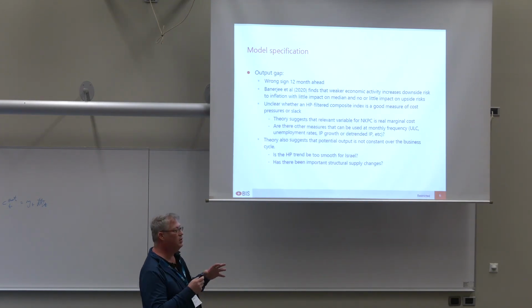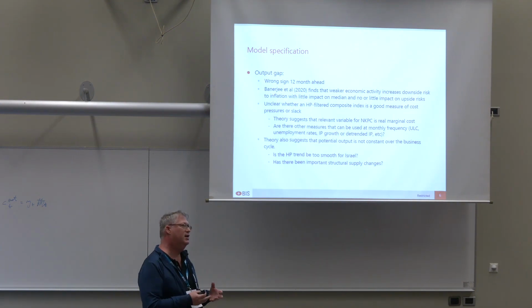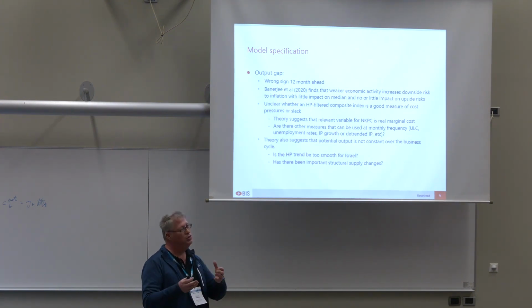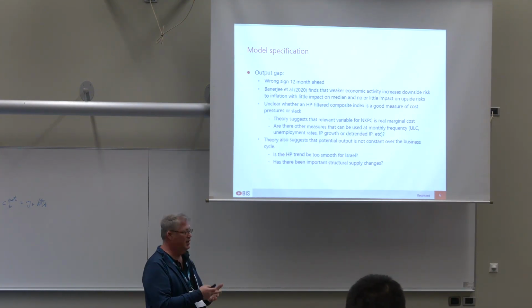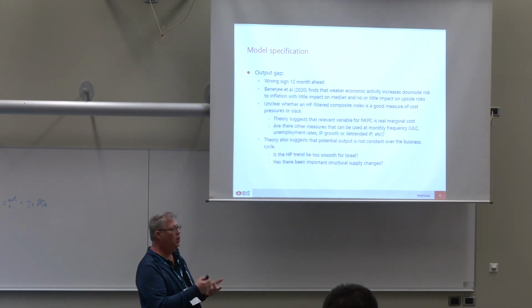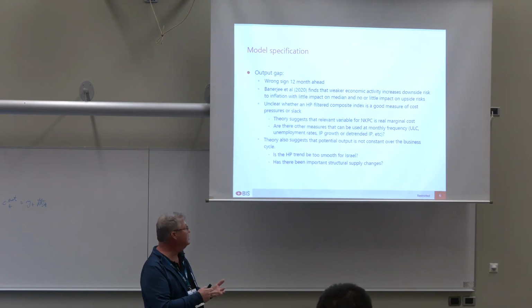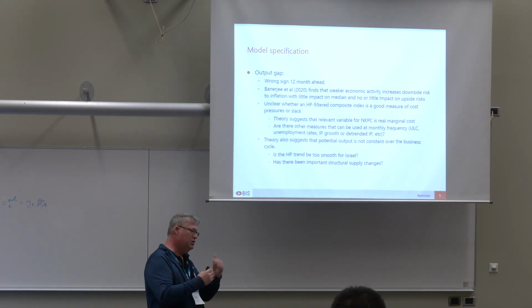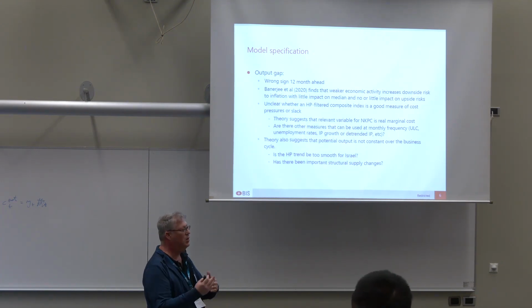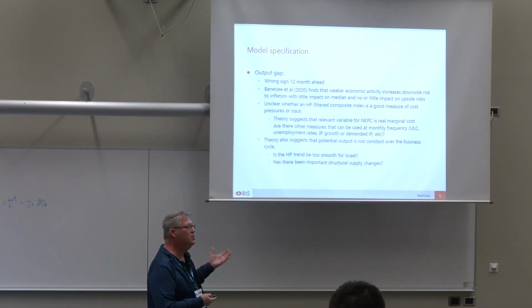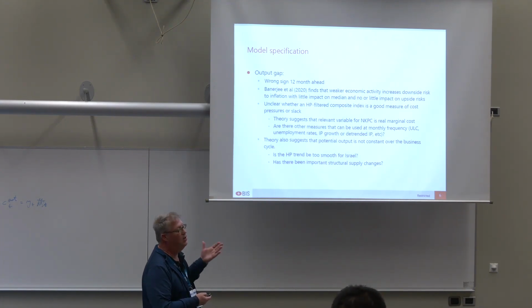My understanding is that you are using a composite indicator of economic activity, which you estimate, which is the unobserved component in a time series model where you have manufacturing, production, employment, sales, imports and exports, I think. And it's a model that also has some regime switching, in the sense that the coefficient changes when you have expansion or when you have a recession. So the obvious question here is whether this is really a good measure of cost pressure, of slack in the economy.